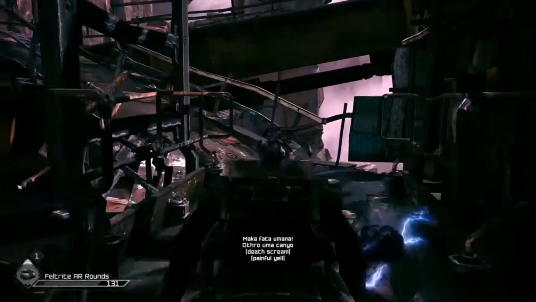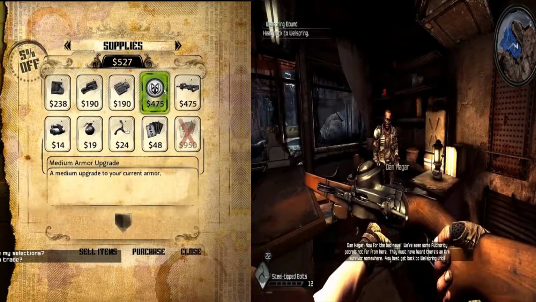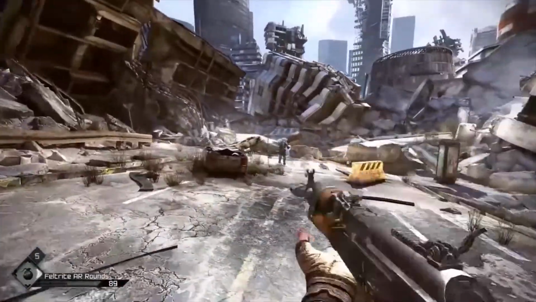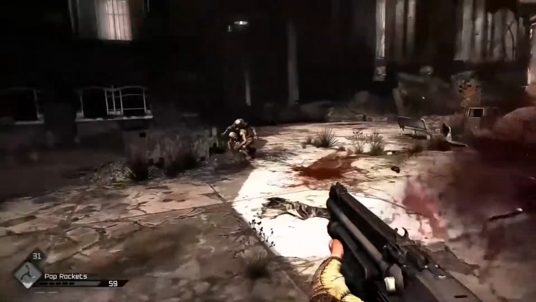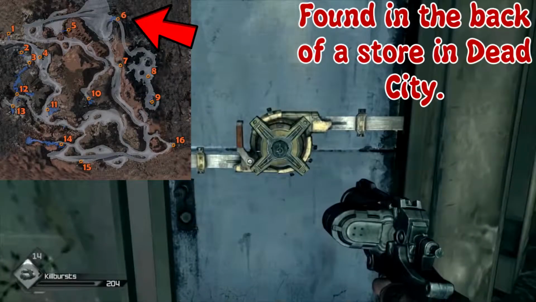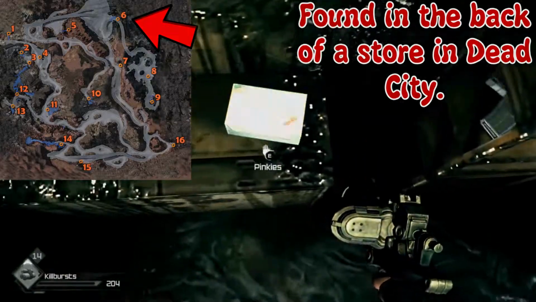While exploring throughout the wasteland, the player can find many different things to aid them in their journey, such as guns and equipment, but a rare item can be found in a handful of different locations during the story. Now, if you were looking for a useful piece of armor or a weapon, I'm sorry to say that you are out of luck because the rare item is a box of Pinkies, which is a reference to the snack